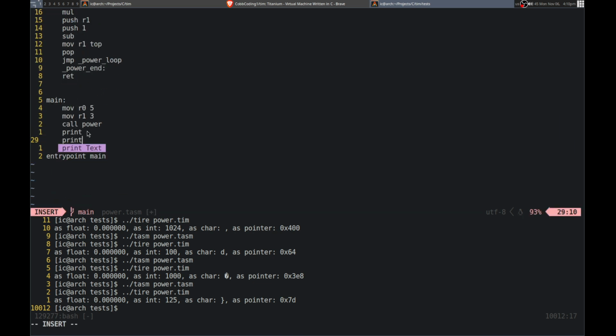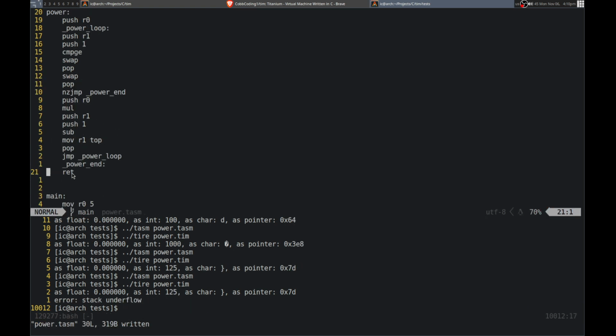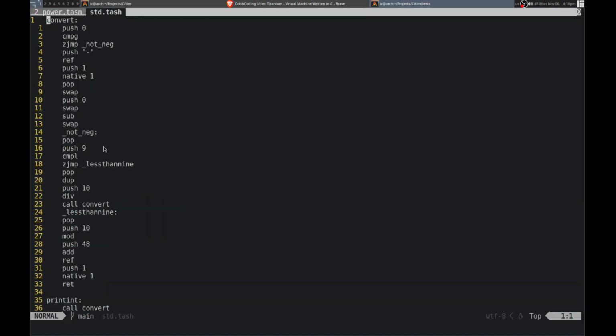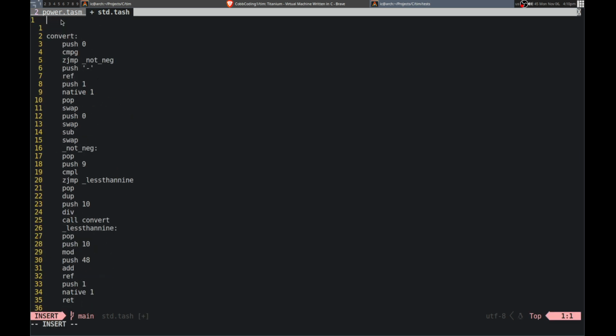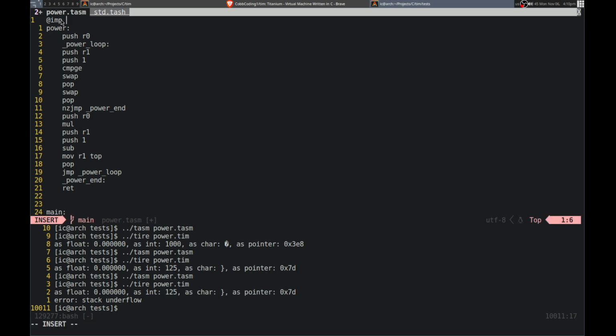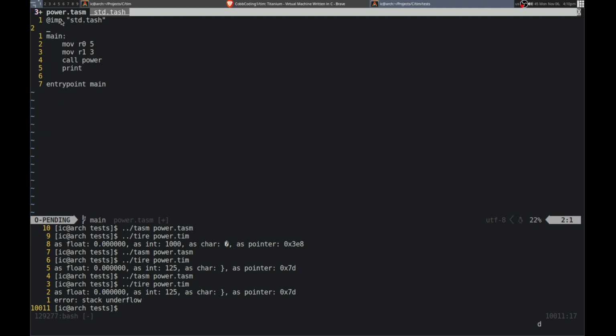And there's nothing left over on the stack. And it's all in the registers, the arguments. So that's pretty good, I think. So let me just grab this. And then go into here, and I'll put it maybe more towards the top actually, like that, and then we can import that, delete all of this, and then